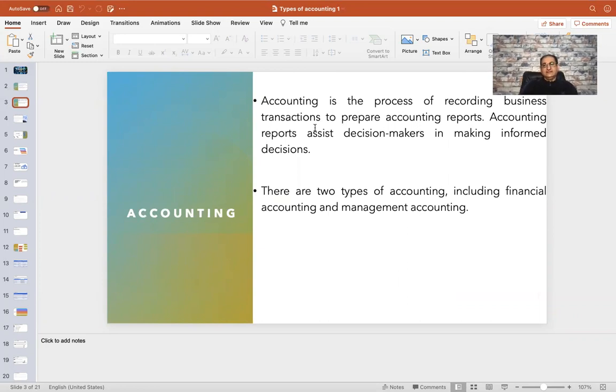So we are starting with accounting. Accounting is a process of recording business transactions so that accountants can prepare different financial statements. Transactions are the dealings. For example, if I purchase a marker from the shopkeeper, then that is a transaction. And as a result of that transaction, the shopkeeper is able to make revenue and I am able to purchase